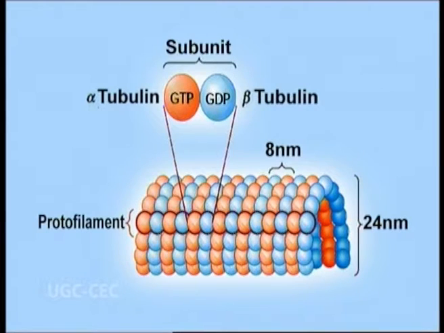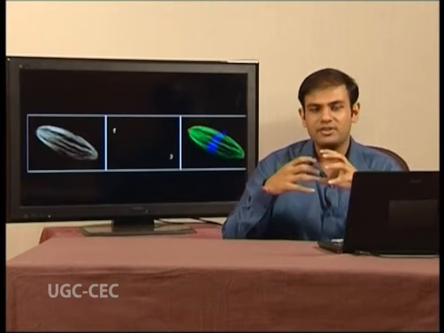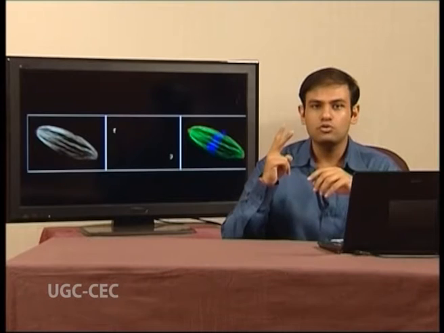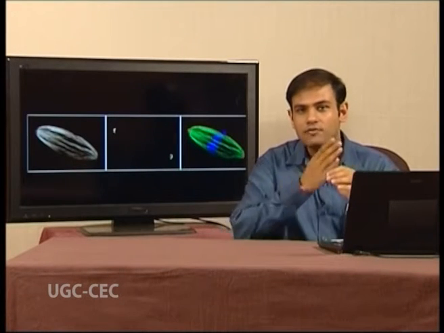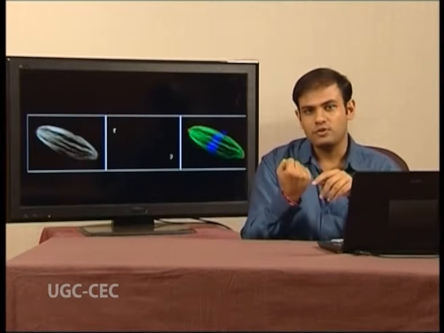Microtubule formation. Microtubules are formed from molecules of tubulin, each of which is a heterodimer consisting of two closely related and linked polypeptides called alpha tubulin and beta tubulin. The tubulin subunits are arranged in a cylindrical tube measuring 25 nanometers in diameter. Now, as a consequence of the microtubule formation, the microtubule contributes to two basic types of forces which are important for the movement of the chromosome. First is the pushing force and the second is the pulling force.